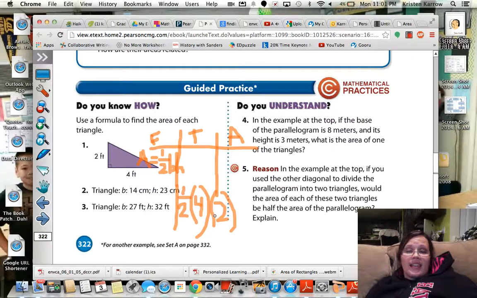So in this case, it's actually going to work if I take 1/2 of 4, or I multiply 4 by 1/2. Because what I'll get when I multiply straight across is 4 over 2, which is 4 divided by 2, and the answer is 2. I can also think of it as half of 4, which is 2, times the 2 I have left over, which means the answer is 4,